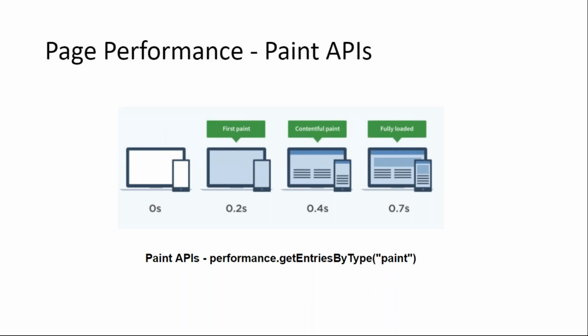Similarly, how fast you can make your content available in the page. Content could be an image, some labels, text fields, banners, so that the user will know that some content is getting loaded. Let me look into it. So how fast your first paint can get loaded, how fast your first contentful paint can get loaded. Those are two important metrics.